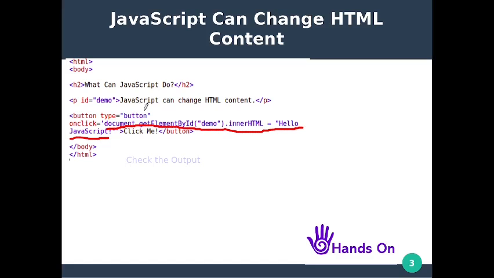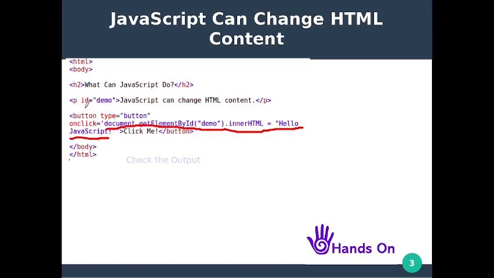Here document is basically the HTML document, the HTML page. In the HTML page, there is an element having this id. Get the element having this id, that is, the id is placed between the parentheses inside the double quotes. So demo is the id.